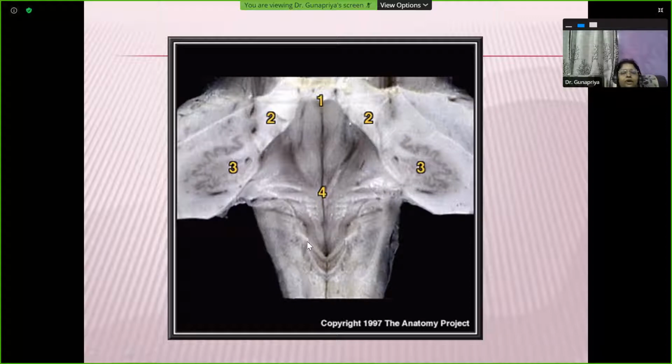The vagal triangle, then you have the funiculus separatus here. This is the area postrema. This is your taenia extending from one side to the other side. That's the taenia, and this is finally the obex. So this appearance now looks like the tip of a nib, hence the term calamus scriptorius.